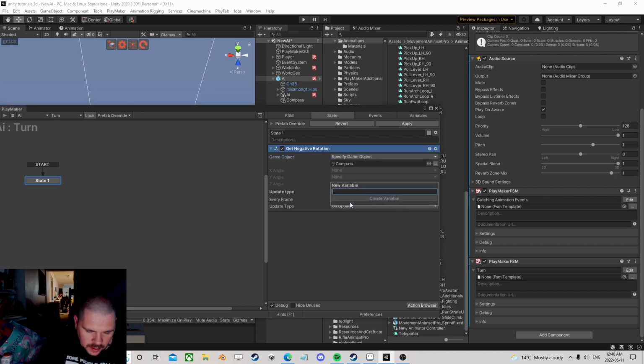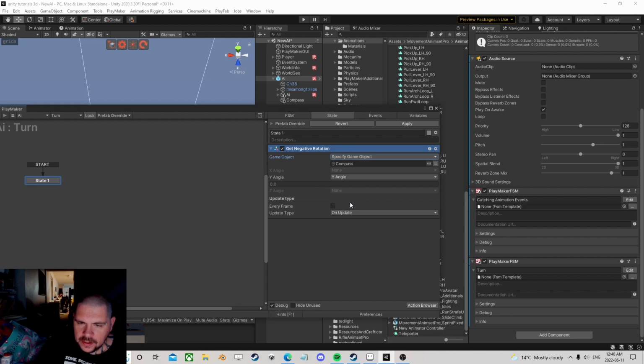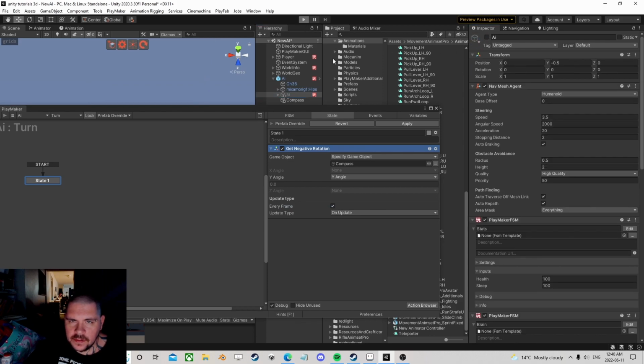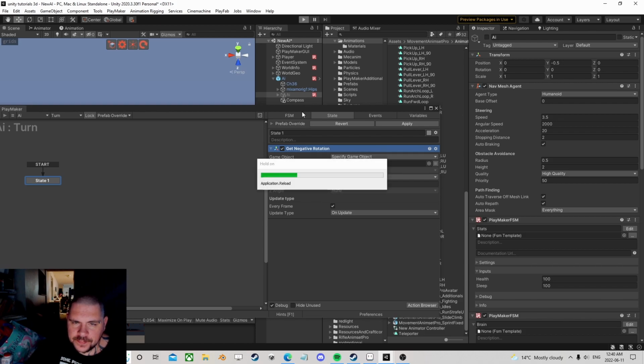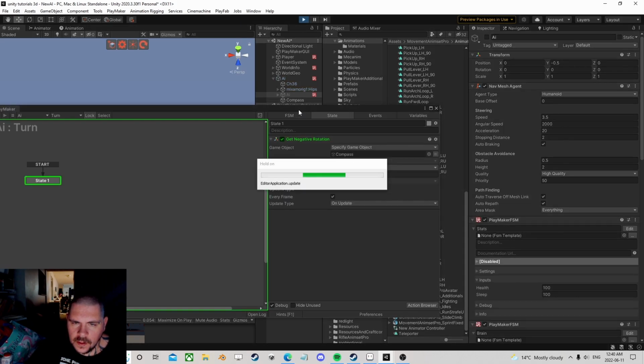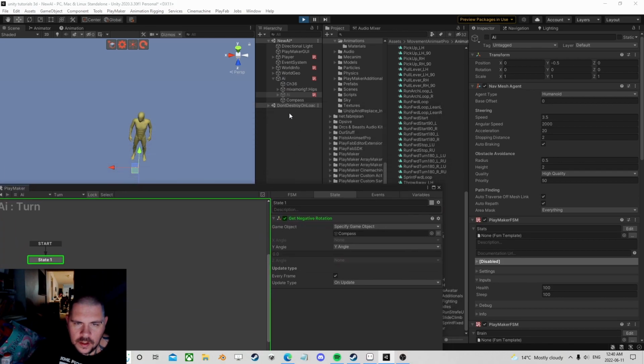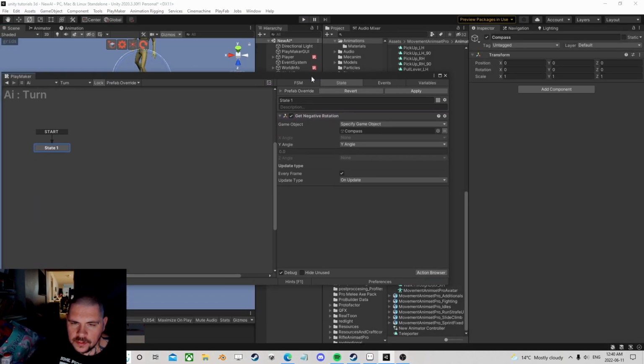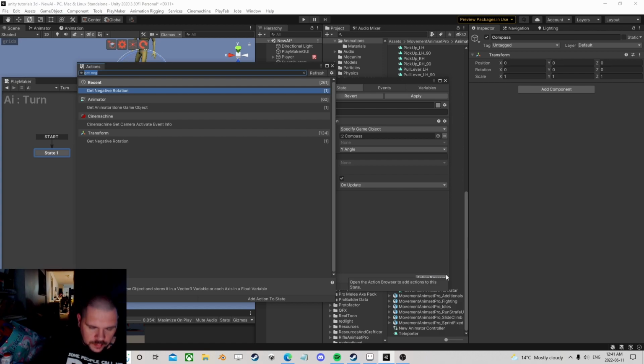So this is going to be our Y angle. If I hit play on that, I'm going to deactivate the AI itself, and we just get this rotation. Right, so if I take the compass and I rotate it, we should see he's going to the left, he's going to the right. Okay, cool. So now, what are we going to do? We are going to